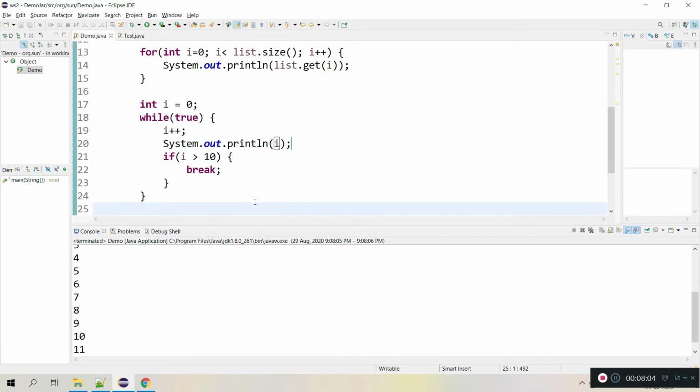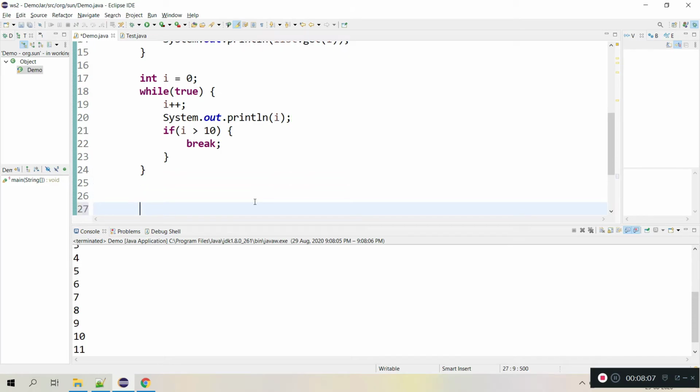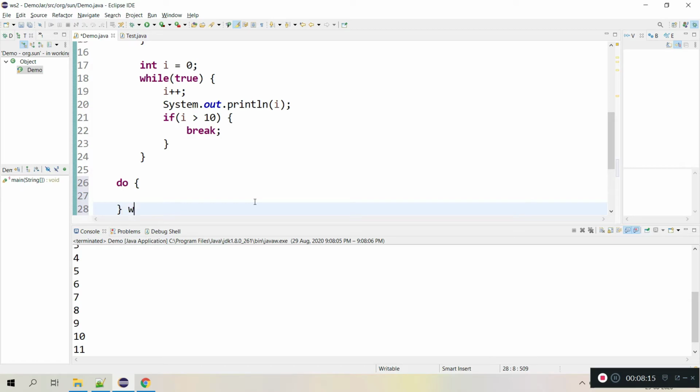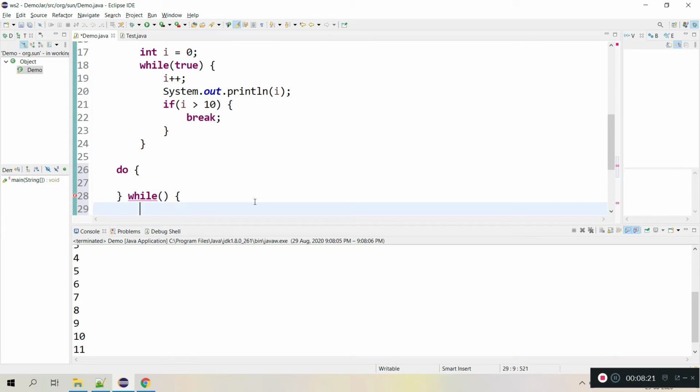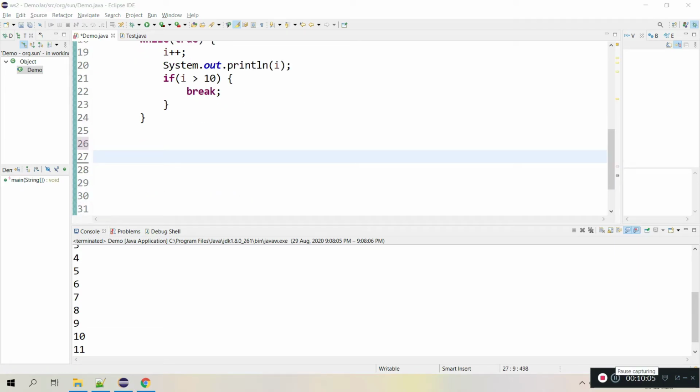And coming to do while, in which scenario do we go for do while? Do while is a specific case, where the logic is executed at least once. First, the business logic is provided here, and there is a condition here. Based on this condition, it takes the boolean true or false. We use a do while loop in the scenario where we don't know how many times the loop needs to be executed, but at least once it needs to be executed, minimum once. In that case we go for a do while loop.